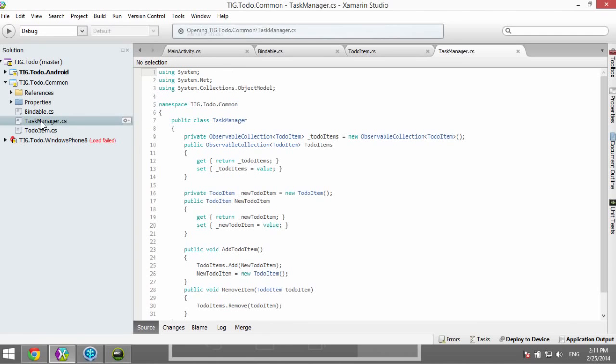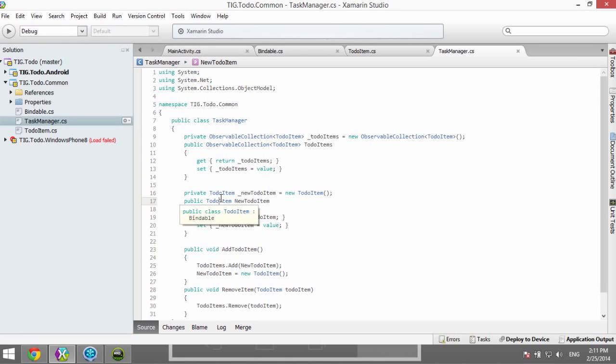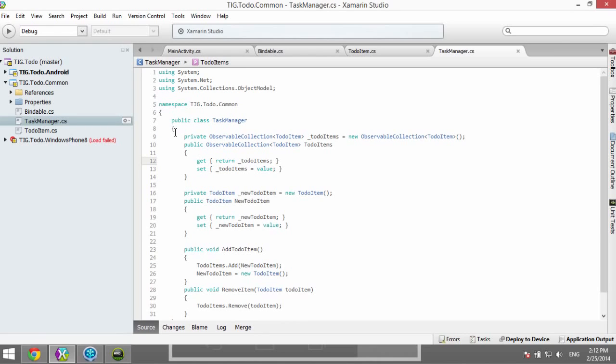We did some refactoring to what used to be the to-do view model. We call it now the task manager, and we did a little bit of refactoring here because the concept of commands was not available in the portable class library. So the hooking up in Windows Phone that we did through binding to a delegate command now all lives in Windows Phone 8 specific, but we wanted to pull some common code out to a class that can be shared. So we pushed down this code for Task Manager that is shareable across both platforms,